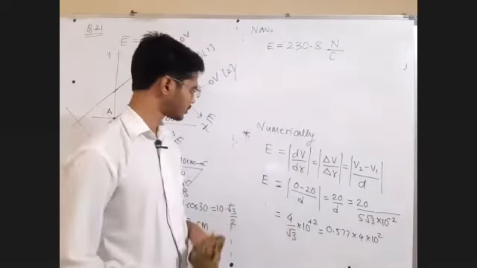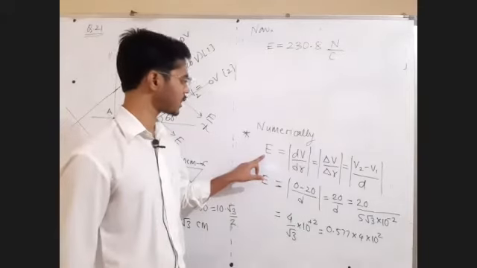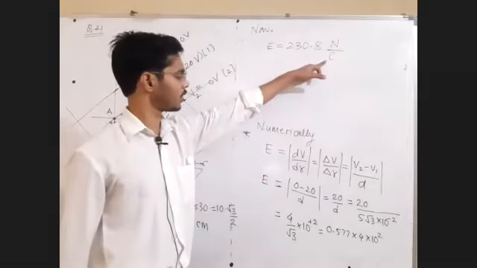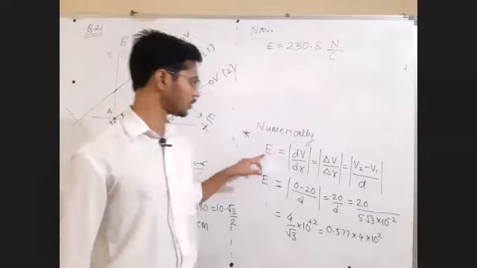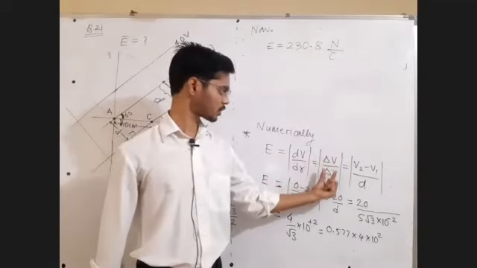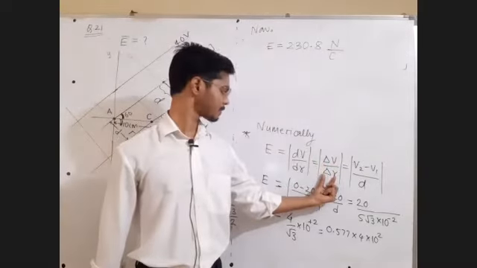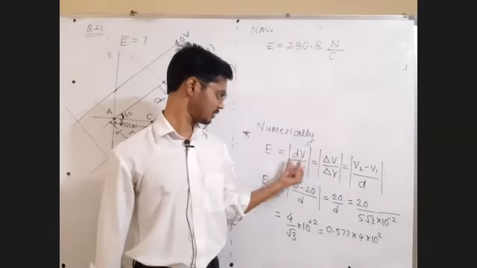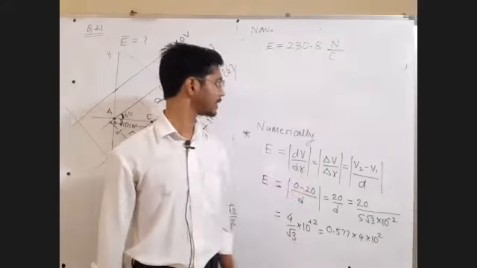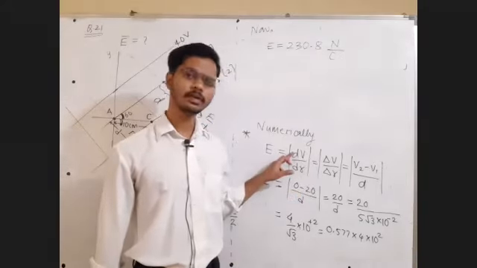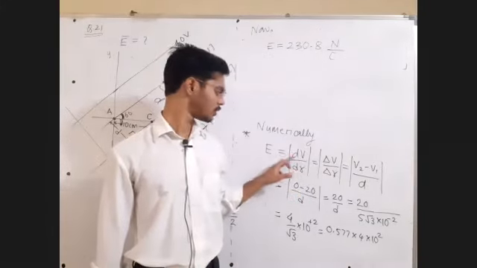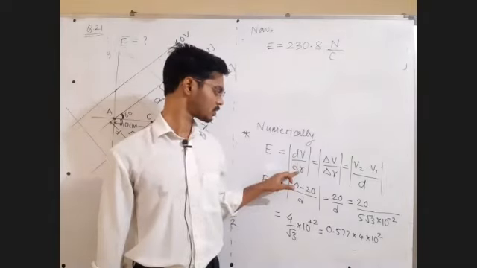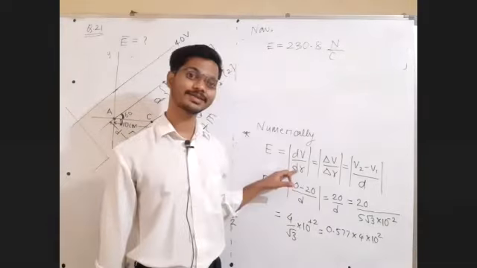Sir, electric field is force per unit charge. So Newton per Coulomb, that is okay. But sir, electric field is potential difference upon distance, dV by dr or minus dV by dr. Okay, considering sign, it is minus dV by dr. Numerically, mod of dV by dr. dV, potential difference, means volt. dr, distance, meter, volt upon meter.